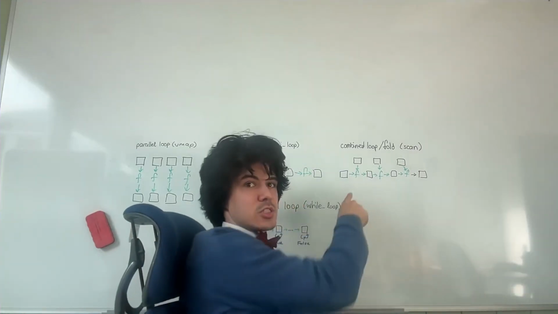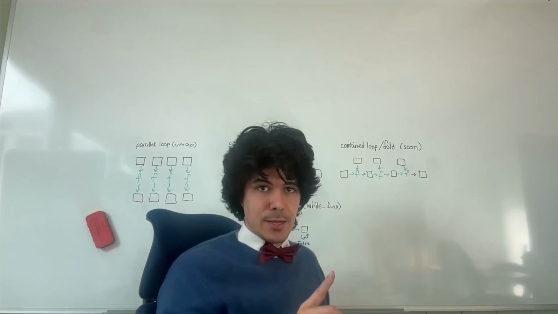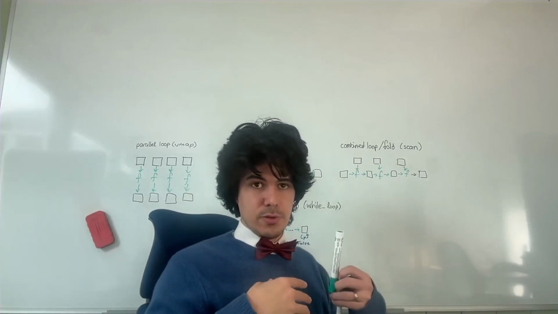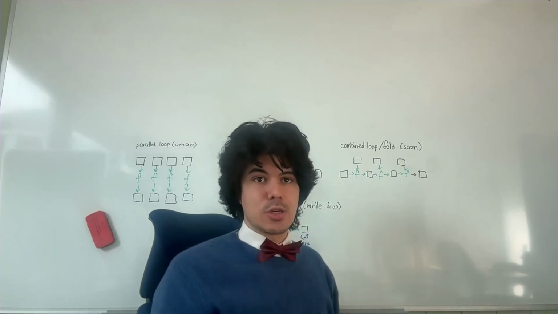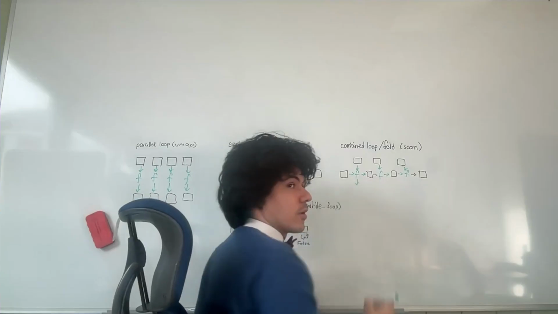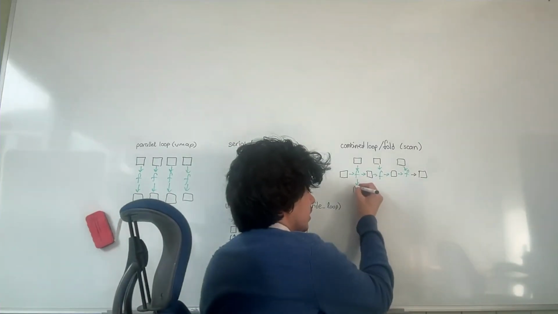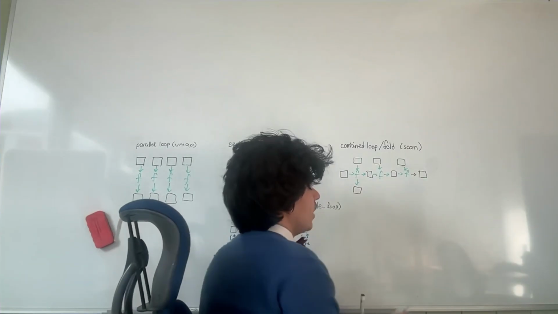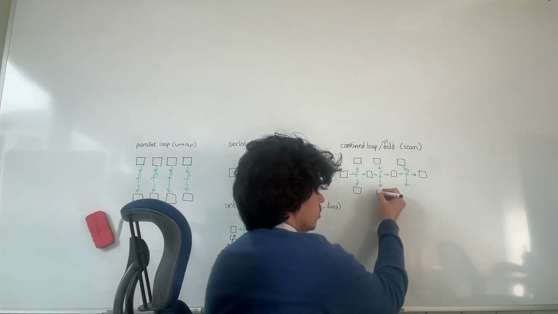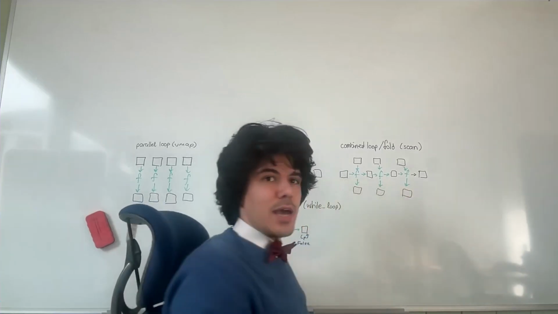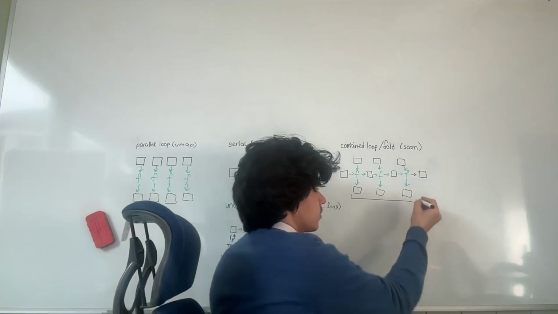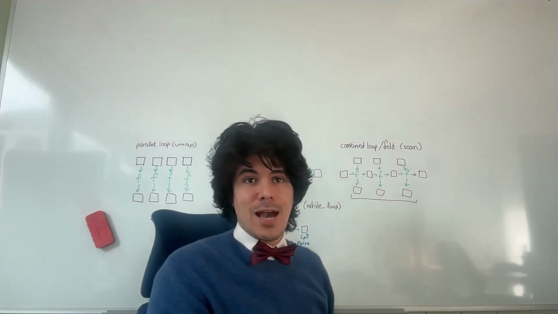This function f is actually supposed to return two things, not just an updated version of the carry, but also some output that is emitted at that particular iteration of the loop. So I can indicate this by saying there's another output from this, and I'll draw it here as this output element. And each time we call the function f, we're going to have one of these. So there'll be another two values. And then the final output of the scan operation is going to be both this array of outputs,